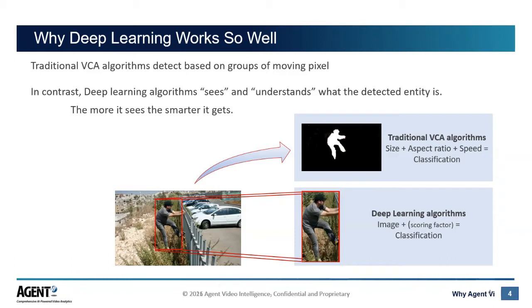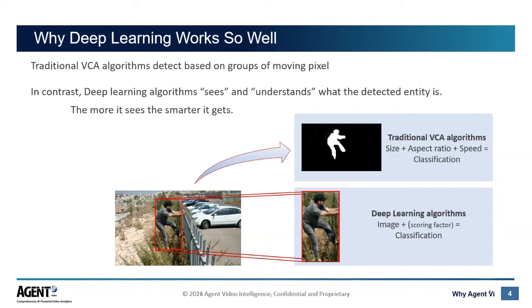Well, what we do with deep learning is something similar to that. We write an algorithm that, by feeding it correct images of what it is we're trying to classify, the algorithm learns what that actual object is that we're trying to classify. So, for example, when we launched our first version of Anomaly, our first AI, it had about 30,000 reference images that were used to train it. What does a person look like, and what does a vehicle look like? And that's pretty much all it did. It could do a person, it could do a vehicle. And I just got to say, even in 2016, even with that limited classification, the results were phenomenal.